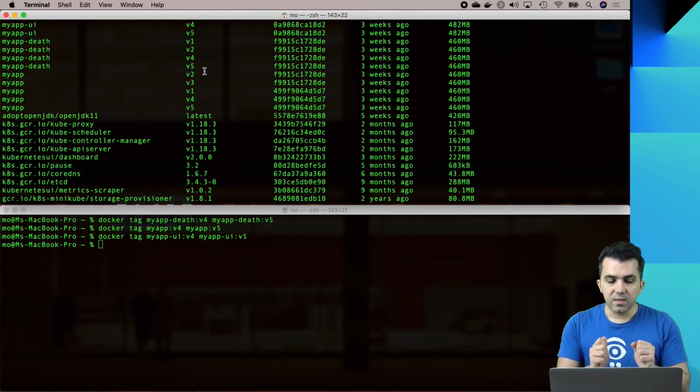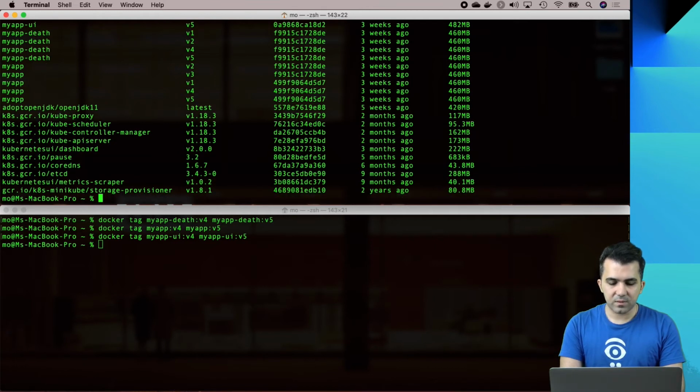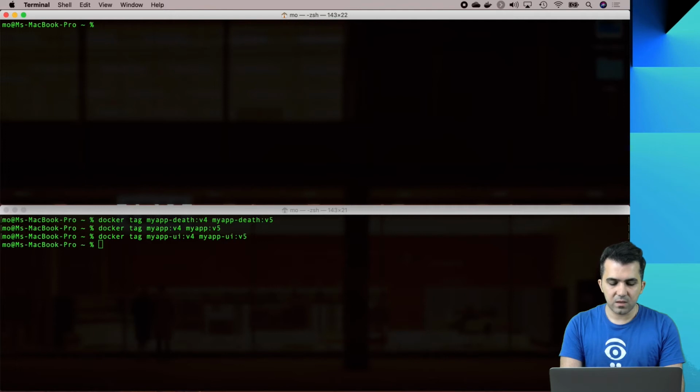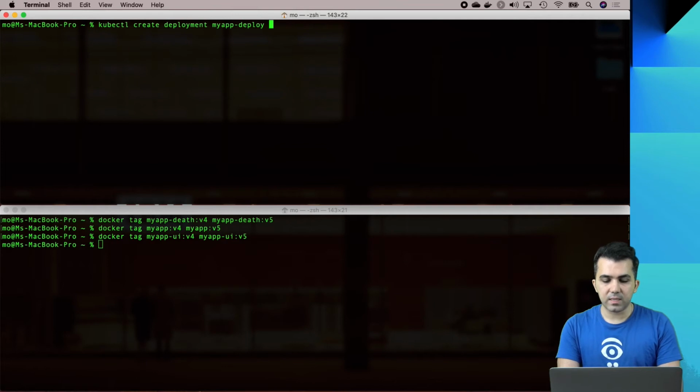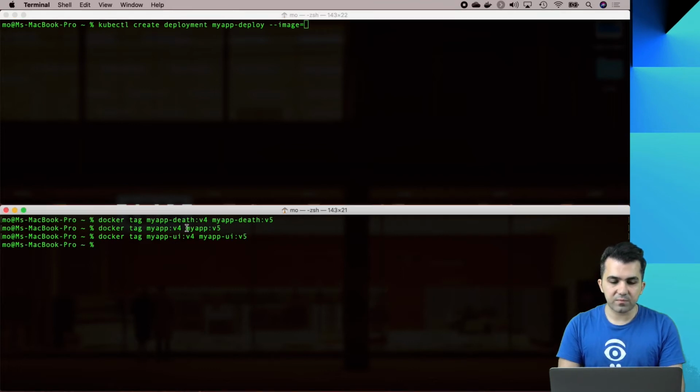So now let's create our deployment. Let's clear screen. Kube control create deployment, and then we're going to basically label our deployment. So I'm going to call it my app deploy, and then we need to give it the path to the image or the image name basically. So here in this case I'm using my app v5